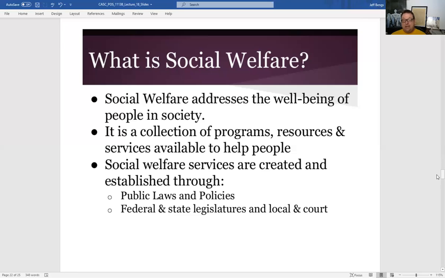Now on 489, there are some other kinds of welfare policies called social insurance programs. And these are not so much public assistance programs as they are what we call entitlement programs. For example,